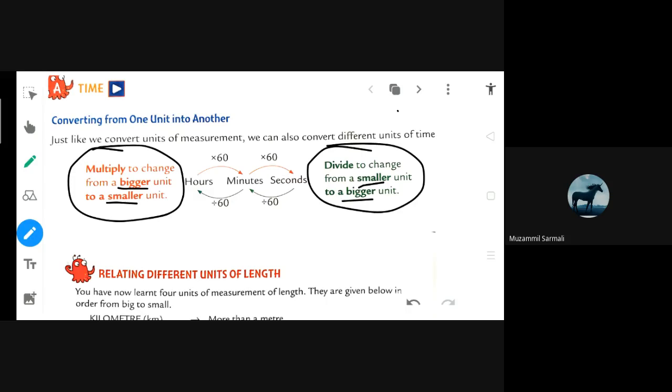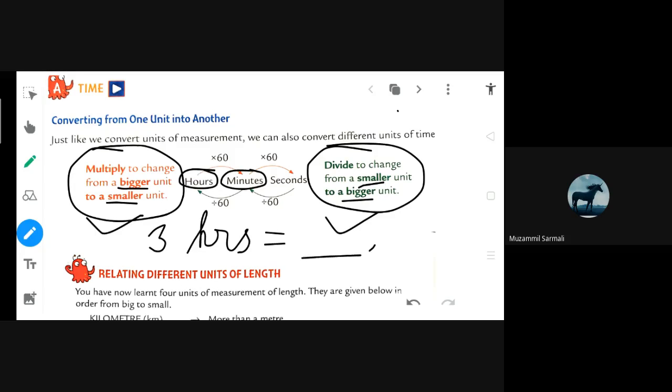So yesterday I forgot to show you this, that when to multiply and when to divide. That is a shortcut. Yesterday I told you, but this is a shortcut. In very small words, it is explained when to multiply and when to divide. So I'm explaining, and you just revise also. Try to learn this and this one. Now you can see, if you have to convert hours to minutes, like 3 hours equals to dash minutes.